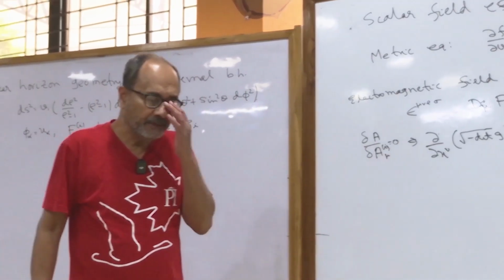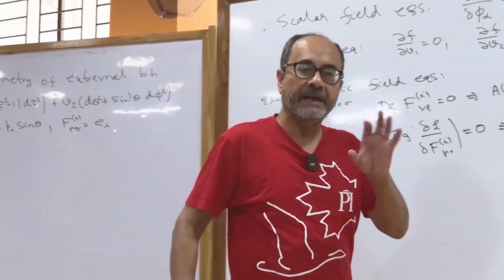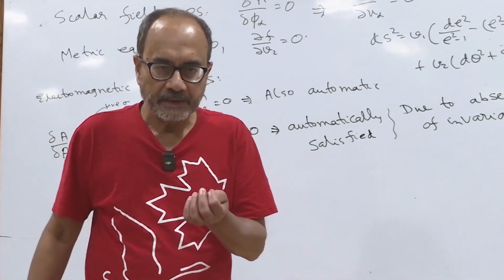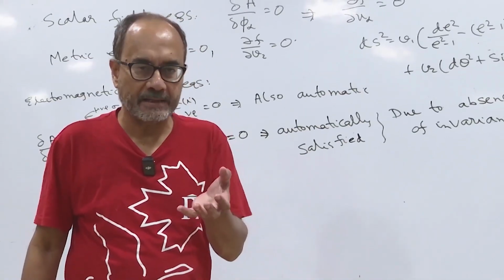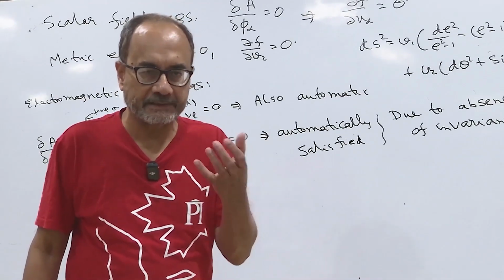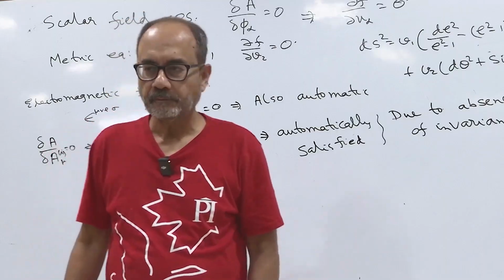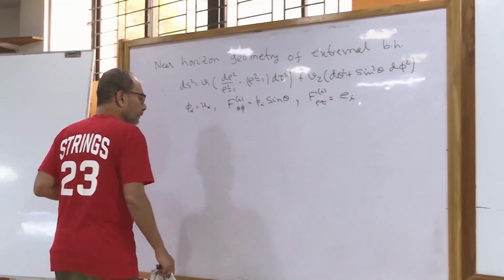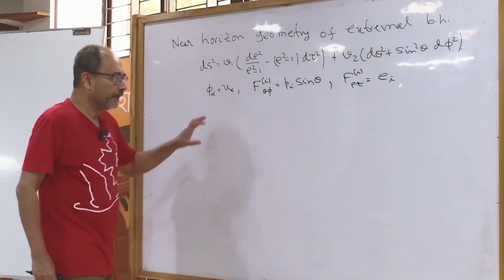The gauge fields need not be invariant under symmetry, because gauge fields are not physical. Field strengths have to be invariant under symmetry because those are gauge invariants. You cannot change them by gauge transformation. So given this,